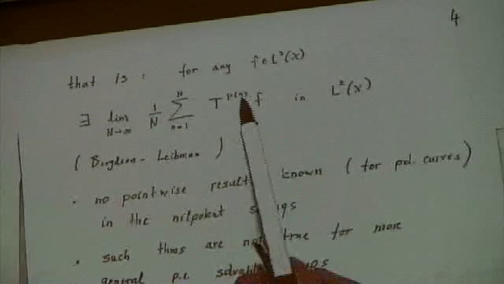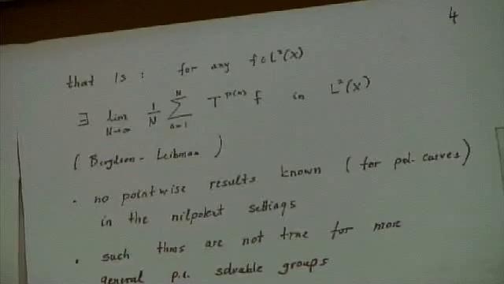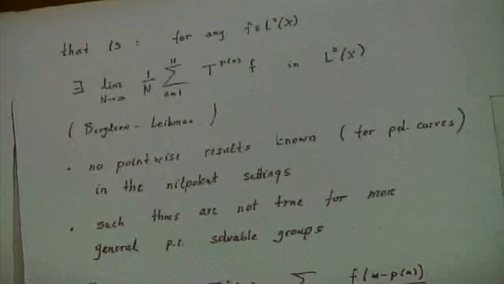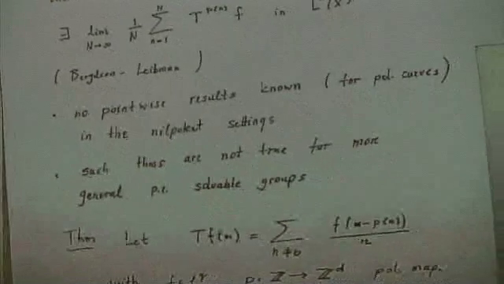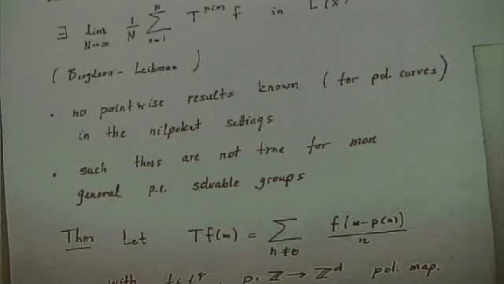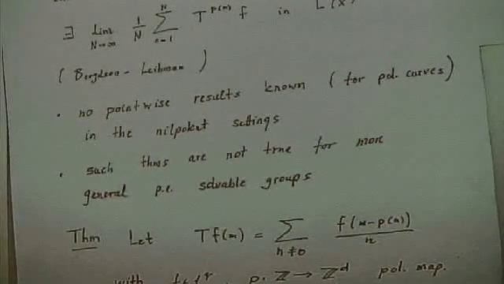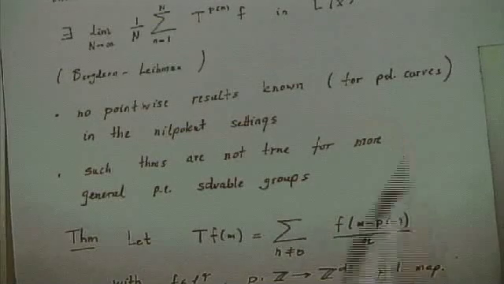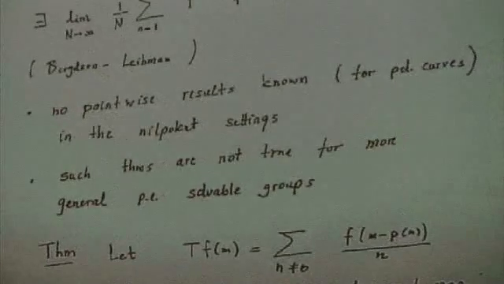If you would just put n here instead of p(n), you would get the classical mean ergodic theorem of von Neumann. And two remarks: this is the most general case. Such theorems can hold only as long as the transformation does not generate an even larger group; beyond that, even the L2 ergodic theorem does not hold. There are examples for that. And as I said, what we are interested in is the pointwise result in the nilpotent setting.